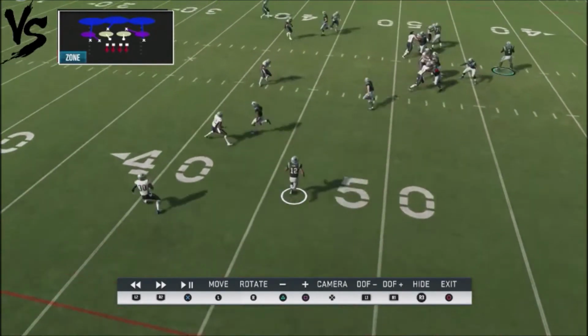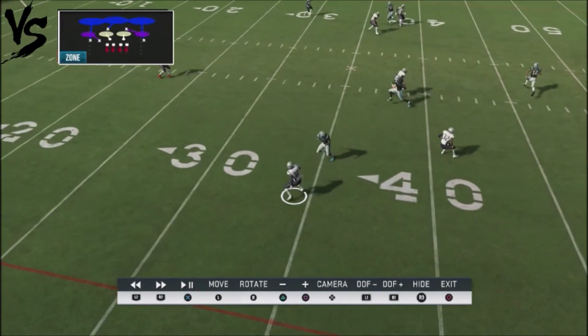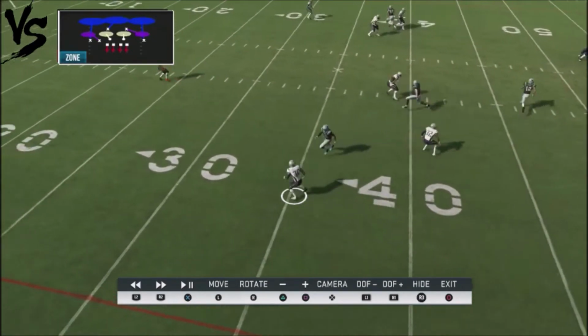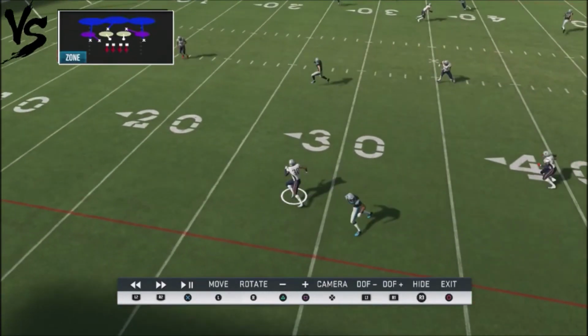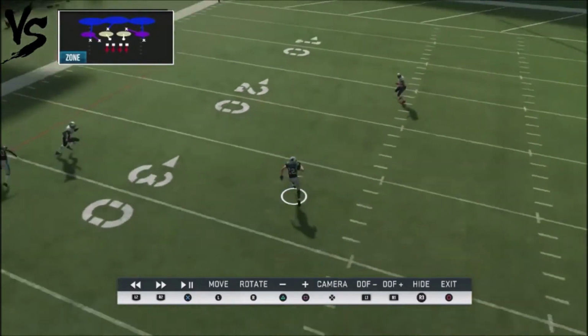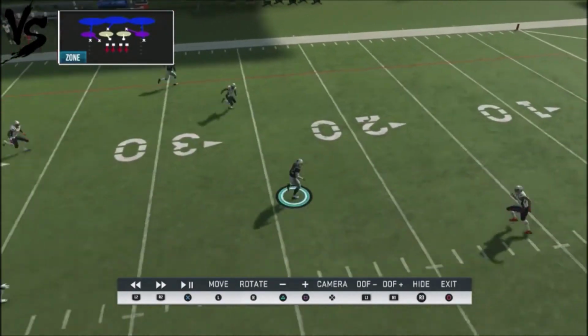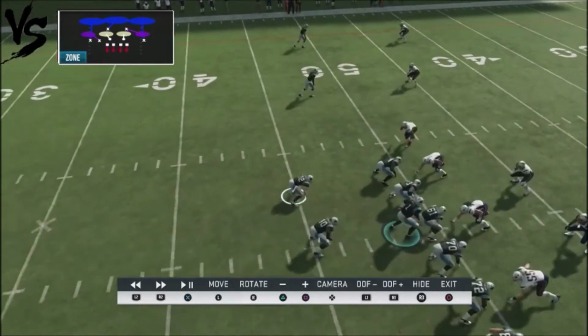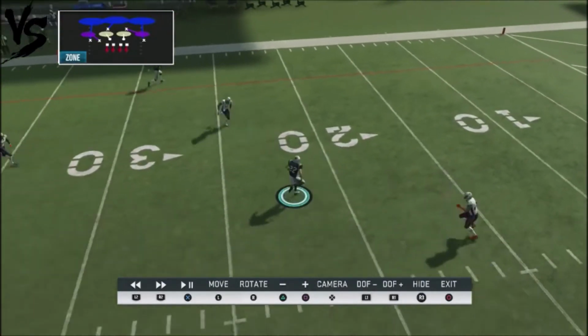So he lets go. Basically what he's doing is he's falling back into deep zone, but now he has to match with the deep corner route. So he actually will take away that corner route and go after it, but that's going to leave this seam wide open against your opponent, which is going to throw him off a little bit. So this is a good way to catch your opponent off guard a little bit, and actually, depending on the defense,